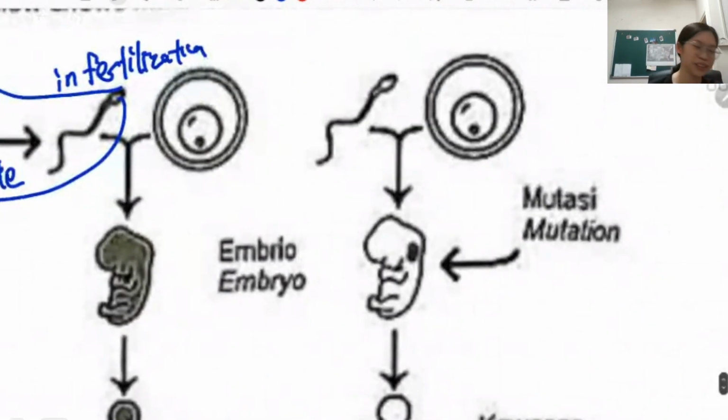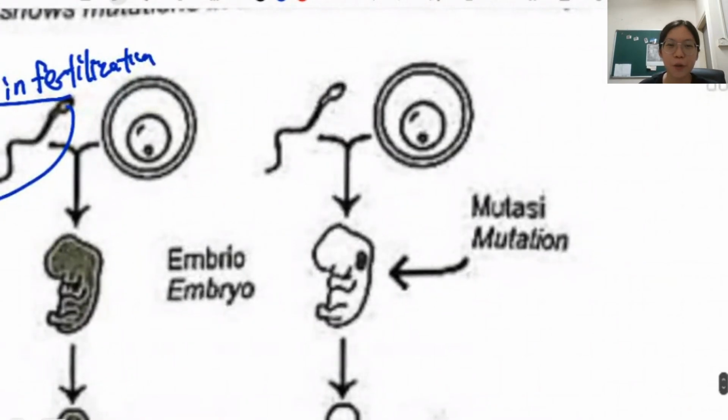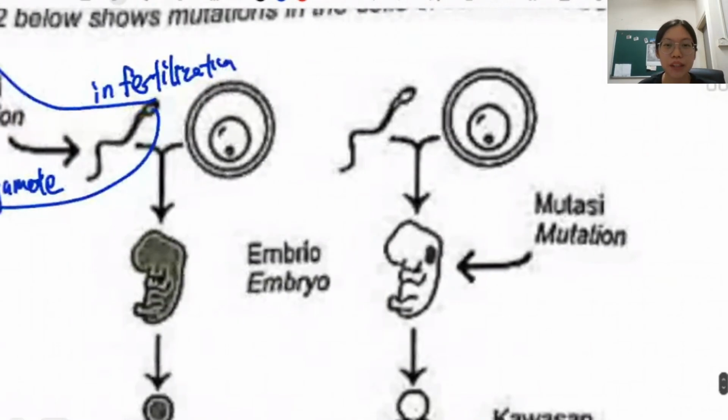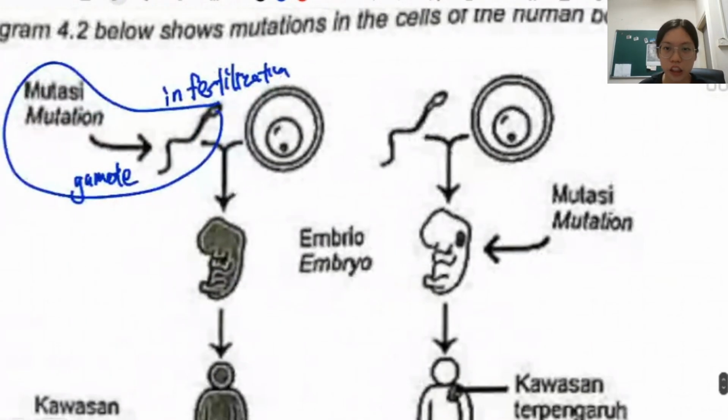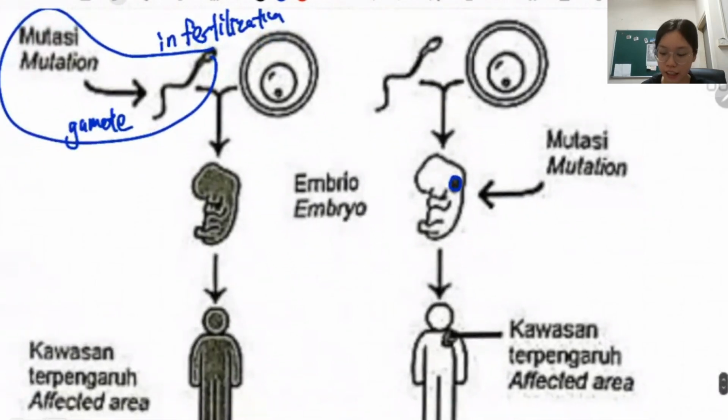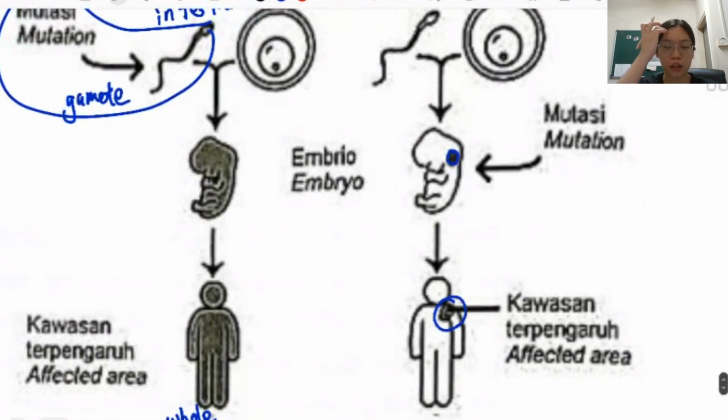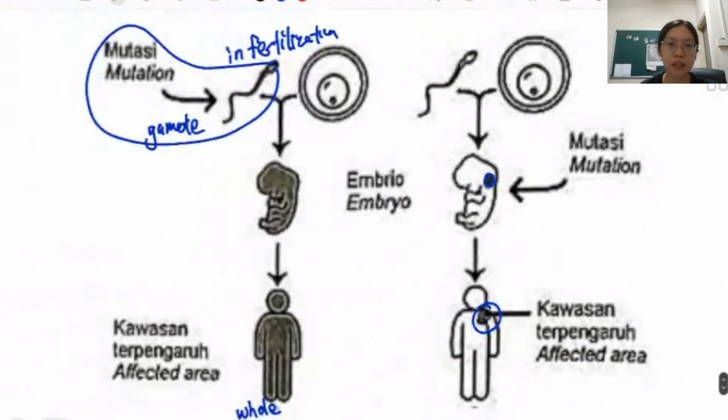And then, what about this? This happens right after fertilization. After fertilization, the cell got mutation. Okay, somatic cell got mutation, and the affected one is only a part of it. So the differences between them is that